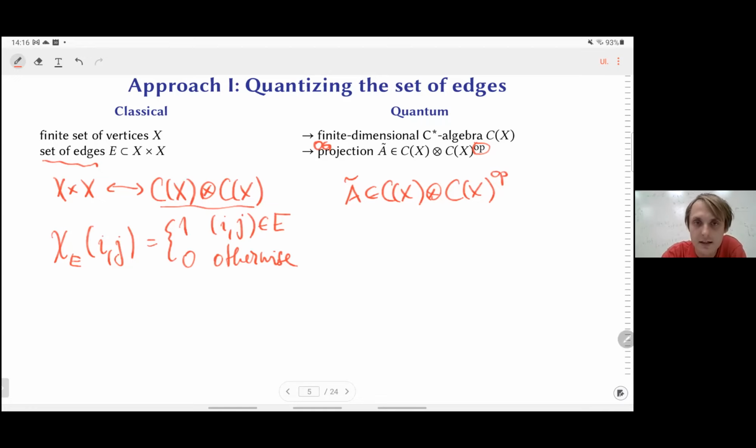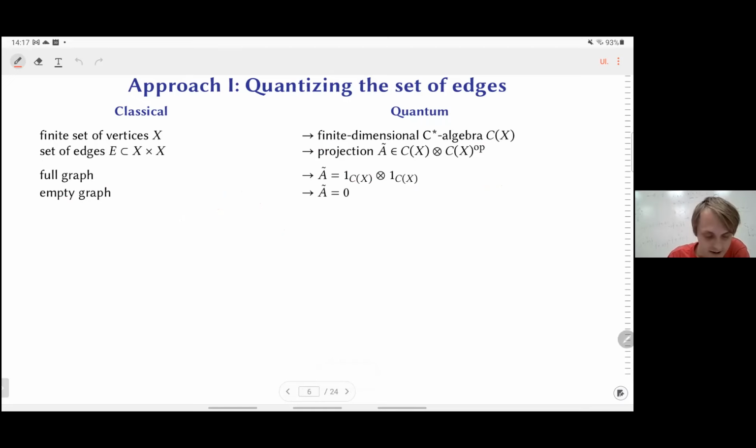Yes. But if it is a C-star algebra, it's isomorphic to the opposite, isn't it? Yeah, that's a very good point. Yes, actually, at this point it doesn't matter at all, as you said. This is isomorphic to the opposite algebra. So for now, it should be okay. But okay, let's go to the second step.